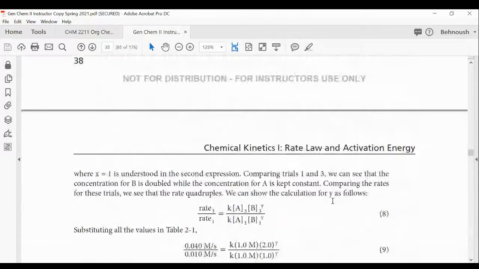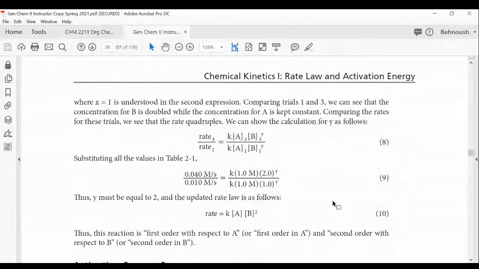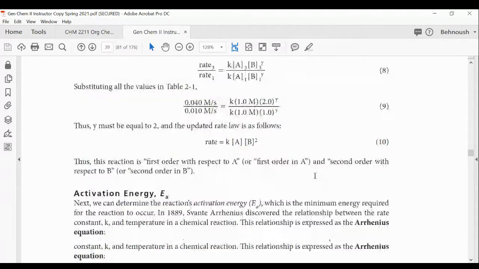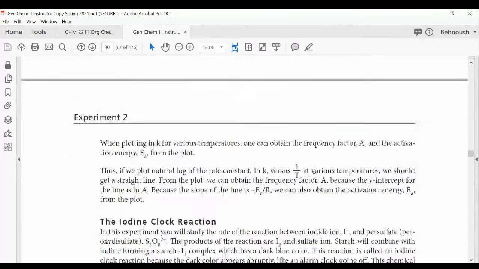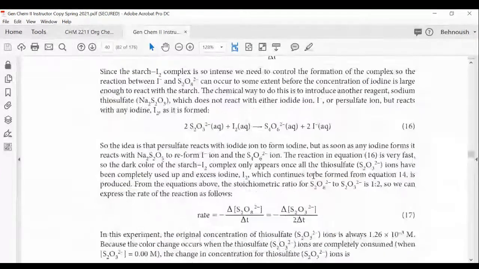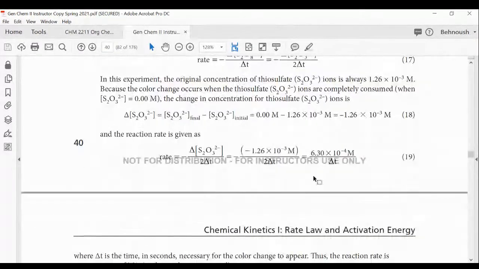So the way this experiment is designed, I'm not saying this is going to happen all the time, but the way this experiment is designed, when you see the color change, you are using equation number 19 to calculate the rate. So for all trials, trial 1 to 7, the rate would equal